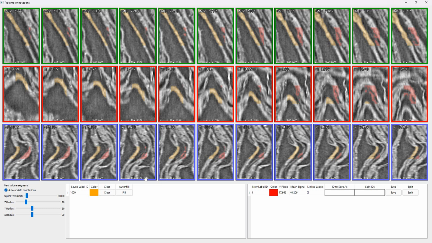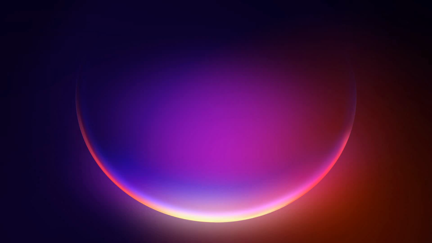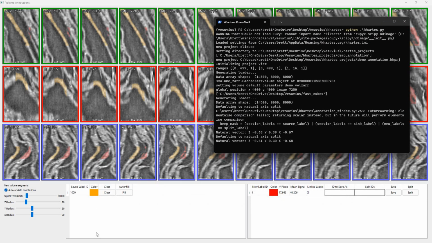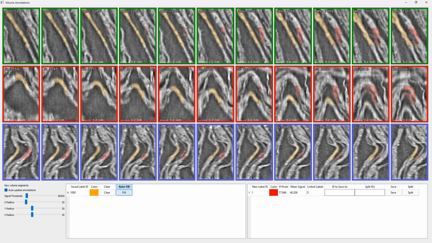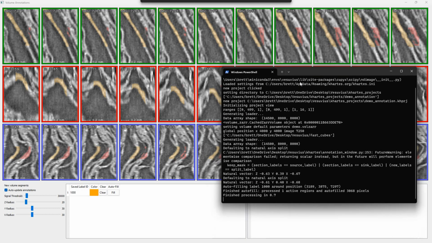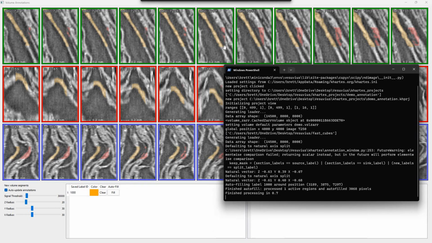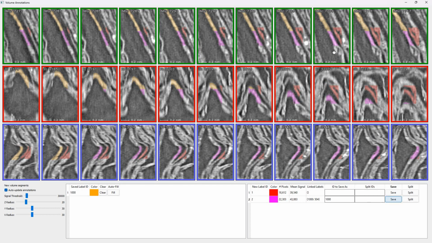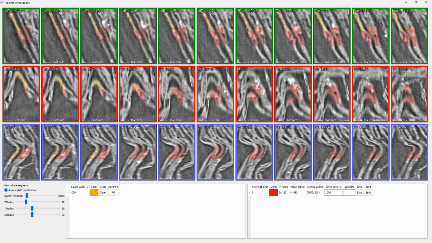And for regions where it's easy, there is this autofill. Let me pull up this shell where we're running Khartes. So we're going to go ahead and fill. It says, OK, it didn't have a lot of luck doing an autofill here because it requires things not be close together. That's reasonable. But you can see as we go down, we will continue to